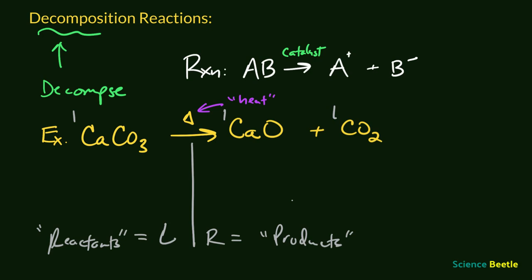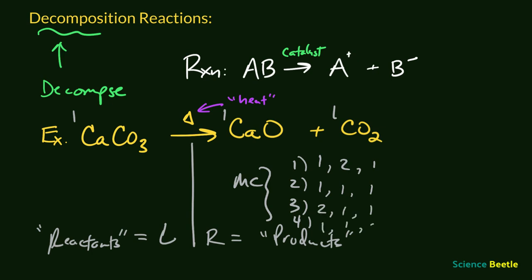Now, I should mention that when you're doing problems like this, you may be asked to identify them, and a lot of the problems are going to be multiple choice. So if you are provided a multiple choice problem, for example, you got 1, 2, 3, and 4, you want to go with the answer or the choice here that will give you the right number of coefficients. So I'm just going to make up some coefficients here. Let's say some coefficients here are essentially 1, 2, 1, or 1, 1, 1, or 2, 1, 1, or 1, 1, and 2. And so let me move some of this out of the way. Okay, and so